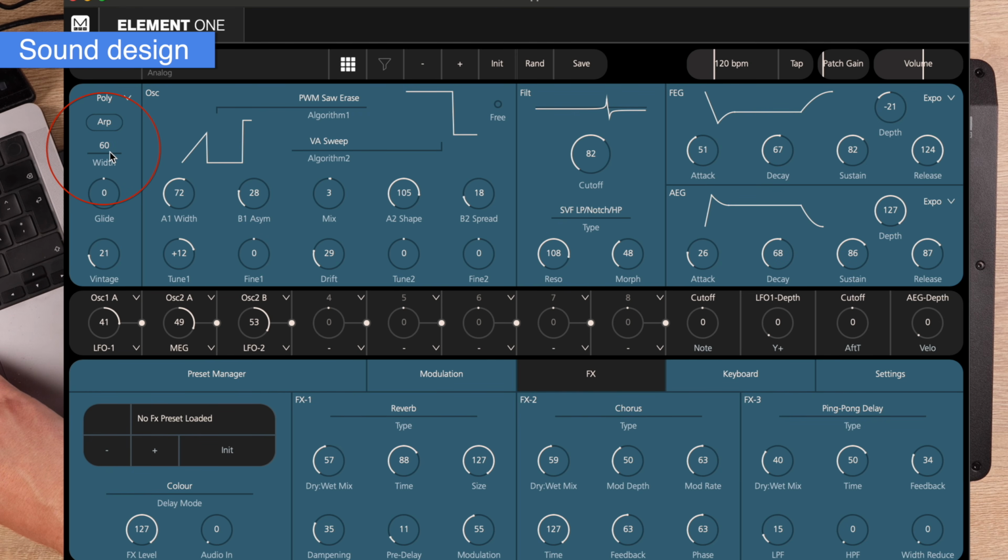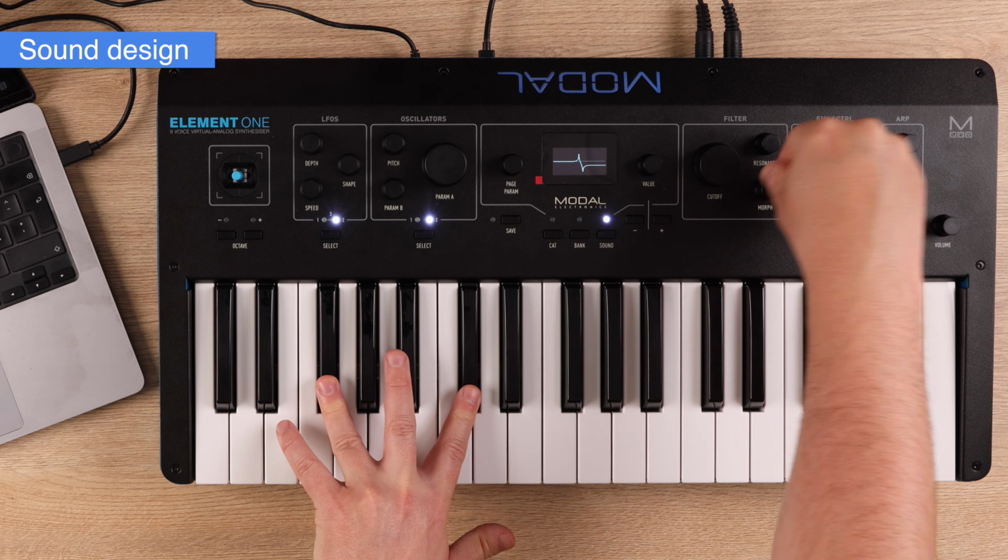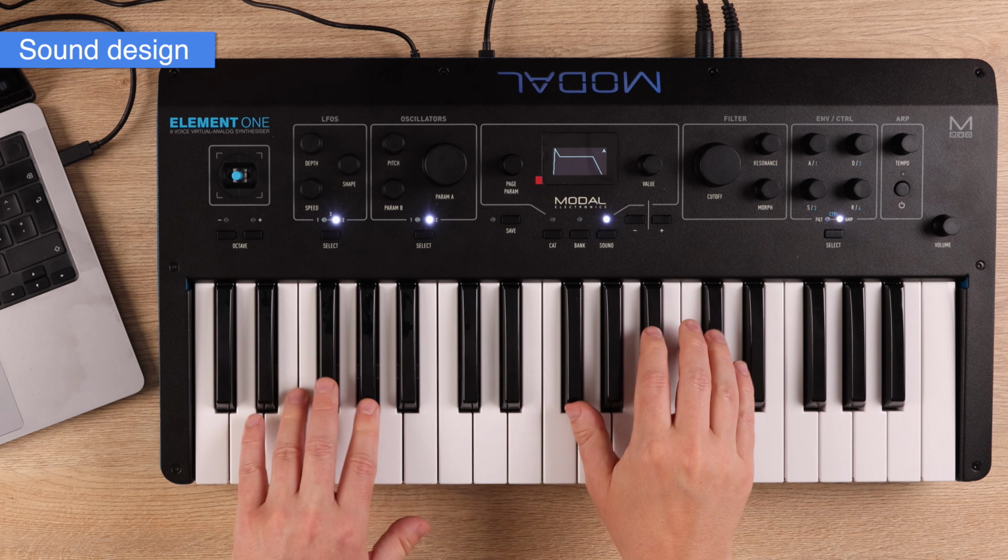And I'm also turning up the width parameter, which is the stereo width. Let's add some more vintage. I've tuned up the first oscillator 12 semitones, and I've played around a bit with the filter and the amp envelope and